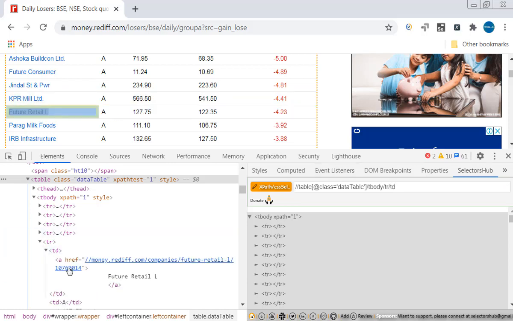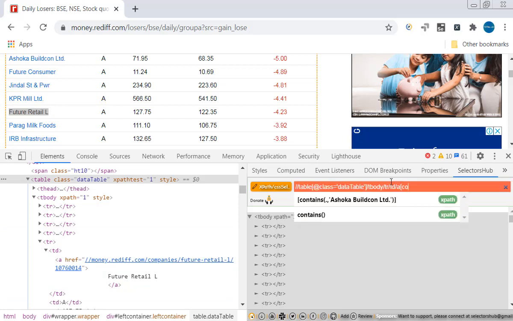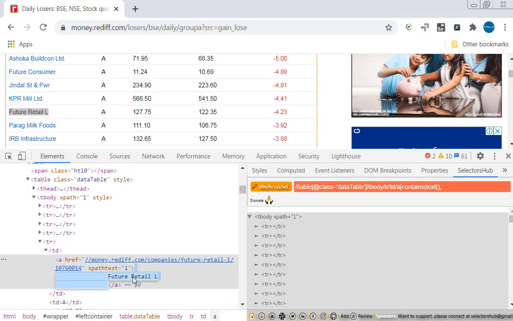So here, table data a contains /a. contains is a function which takes 2 parameters: text(), comma, and the text that is getting displayed. Remove the spaces, just give text here.